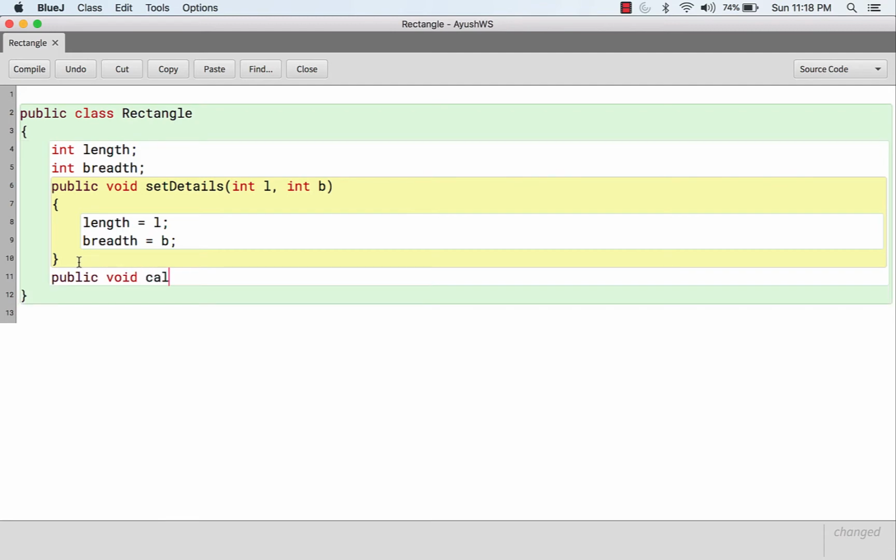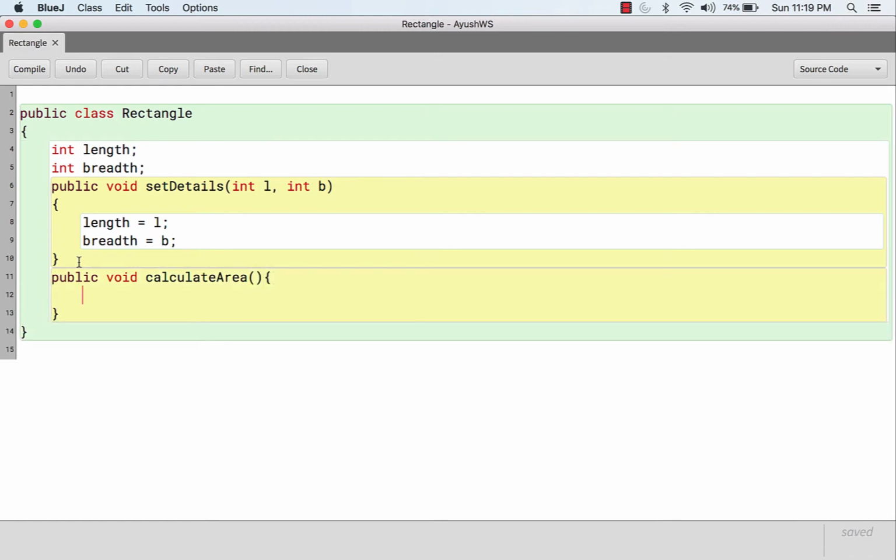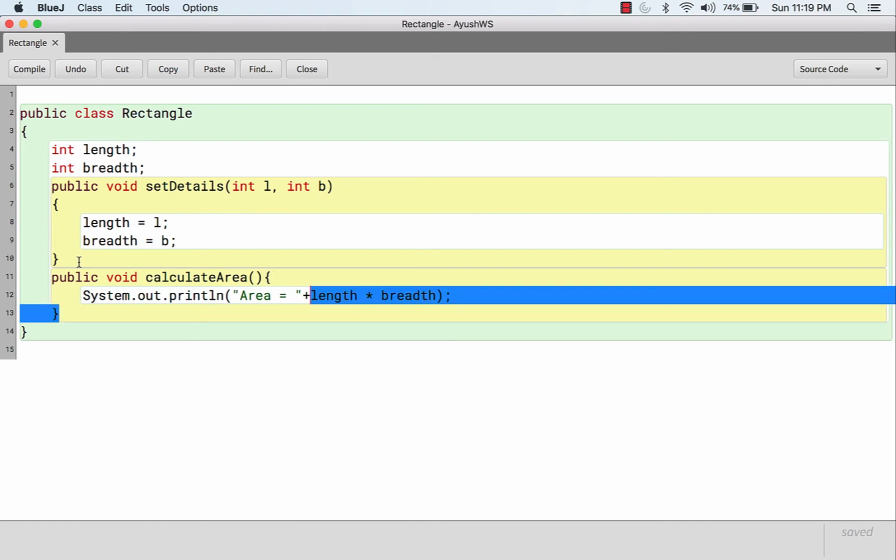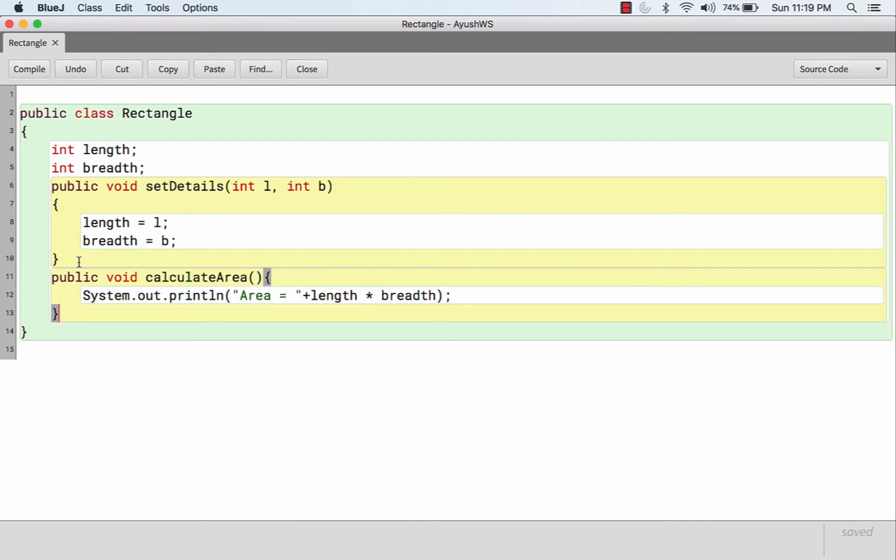So I can say public void calculateArea, and I can just say System.out.println length into breadth, and we can write "area is equals to", just to make it more readable.